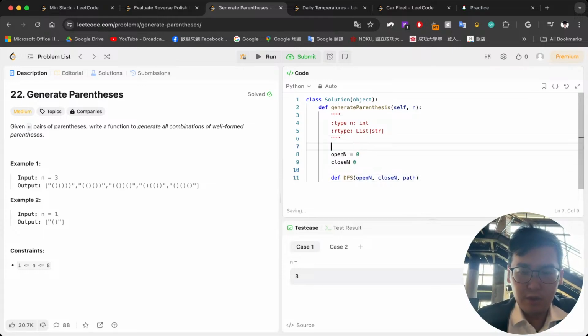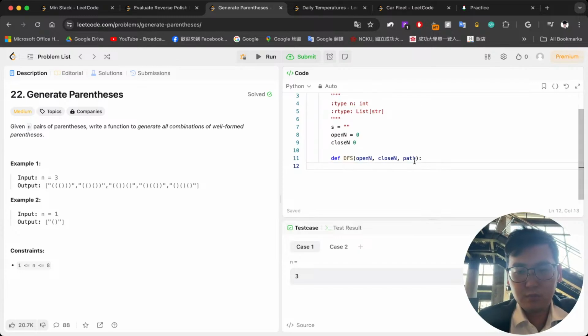So we also have to initialize a string. Okay, so while open n is greater than the close n,